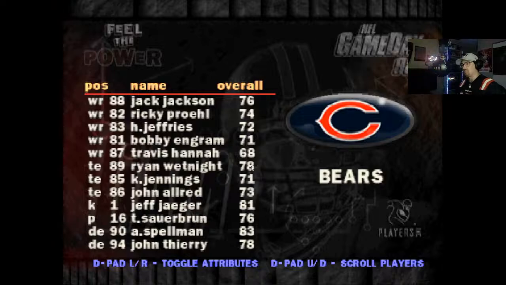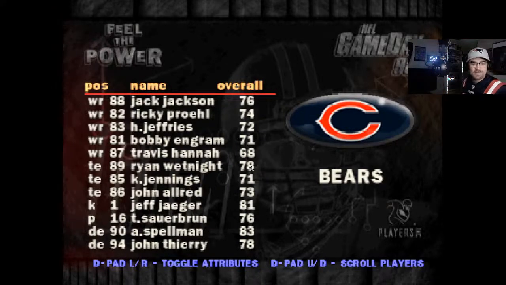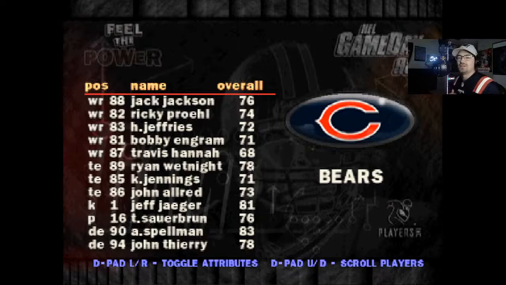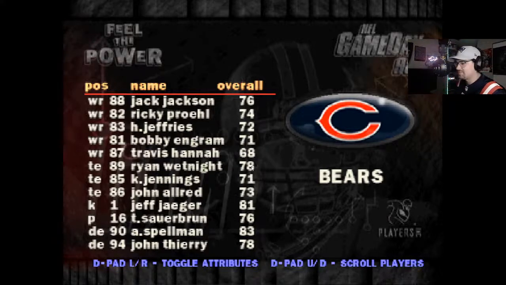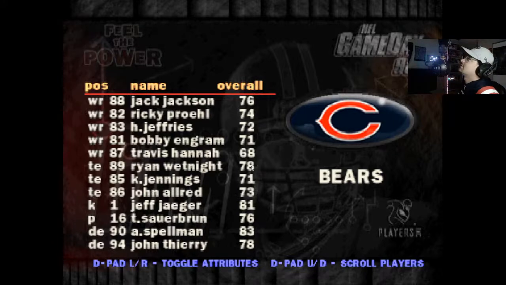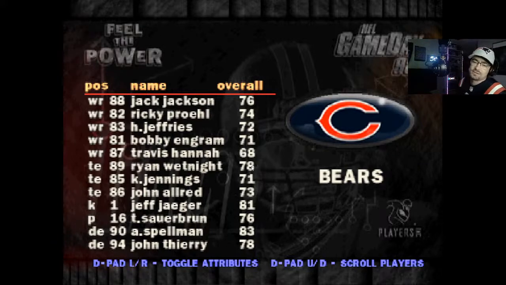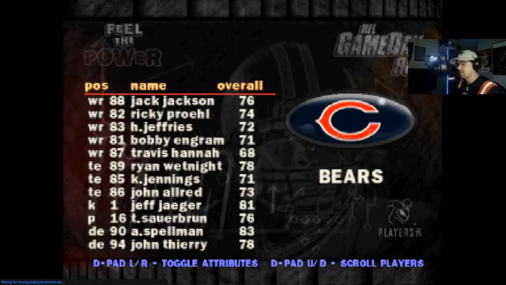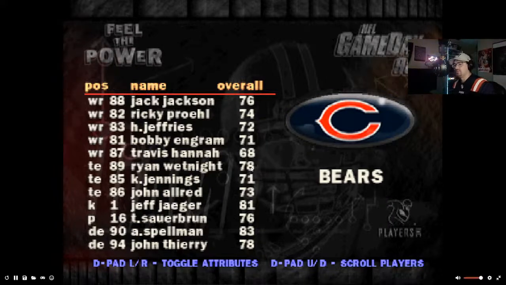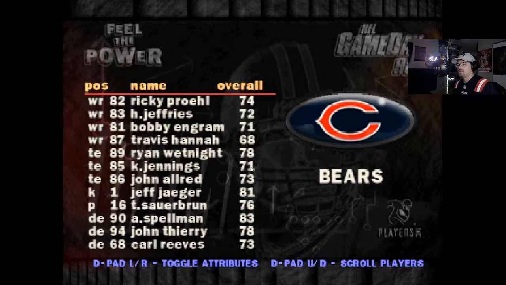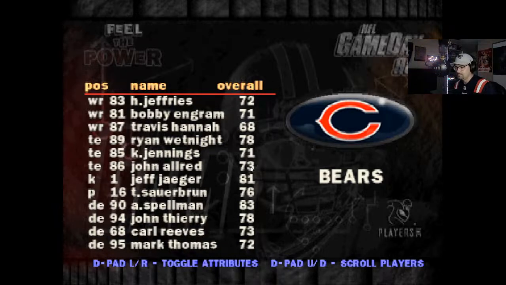Let's see. I had Ricky Prohl on this team. Ricky Prohl was pretty decent. He scored 2 touchdowns against the Patriots in the Super Bowl. Both in the first Super Bowl he played, 2001. Played for the Rams, and then he played for the Panthers in Super Bowl, is that 38? Yeah, 38. So Super Bowl 36 and 38. Scored a touchdown in both those games. Wasn't a big name, but hey, he was there, which is pretty cool.